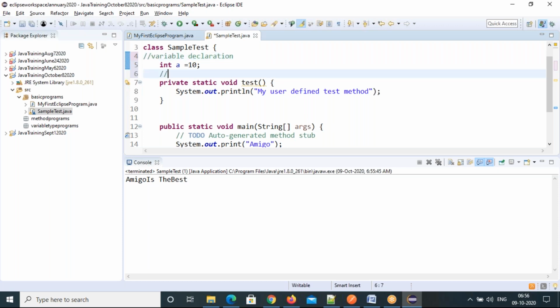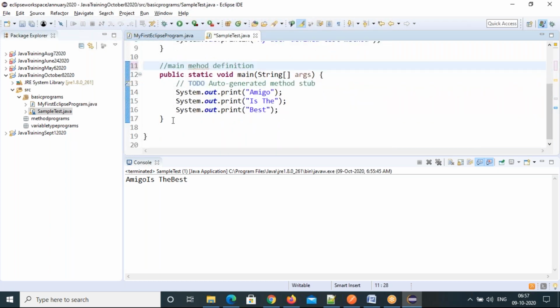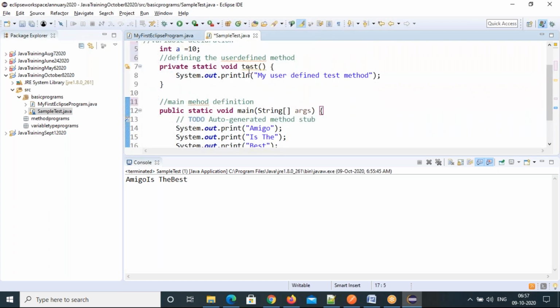You are defining a user defined method. You are not calling, you are defining the method. This is the main method. The main method is ending here, and my user defined method starts here and ends here. Every method should start with curly braces and end with curly braces.